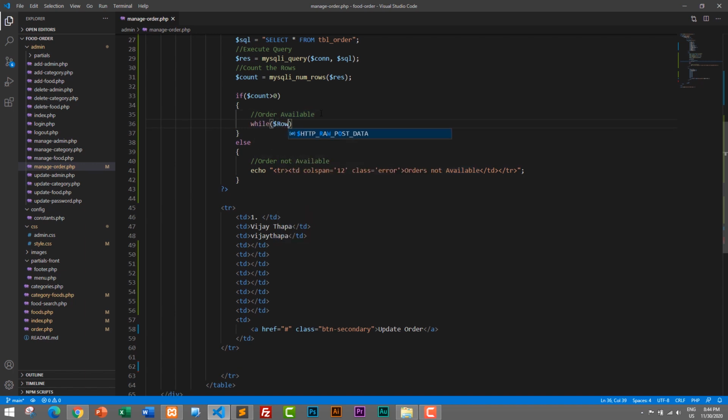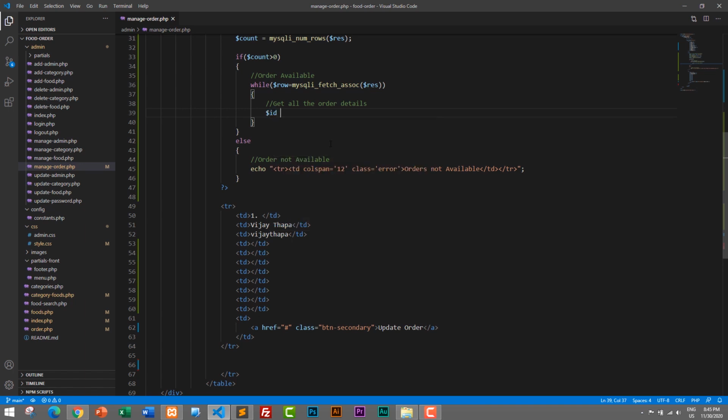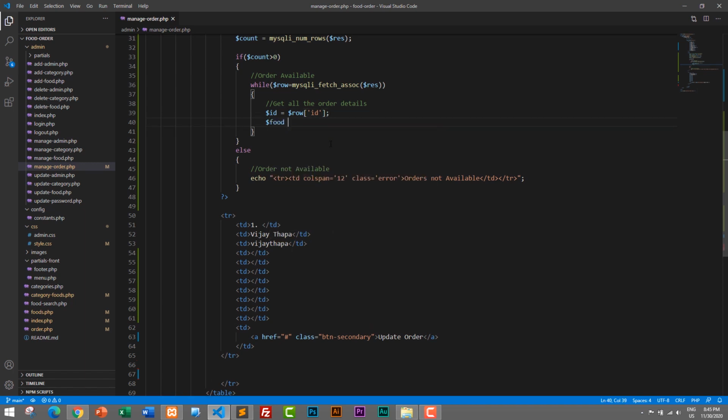the order, and we will create $row to save the data from database. $row is equal to mysqli_fetch_assoc, and we'll pass $res. That's it. And inside this while loop we will get all the order details. Okay, so first we'll get id. $id is equals to $row id, and then we will get $food is equals to $row